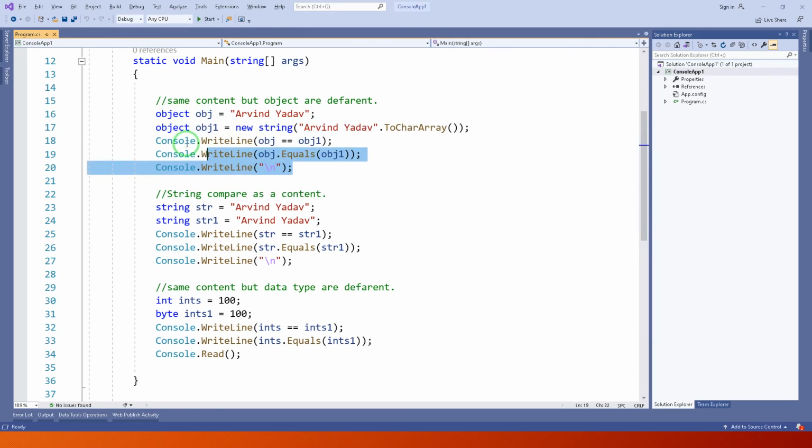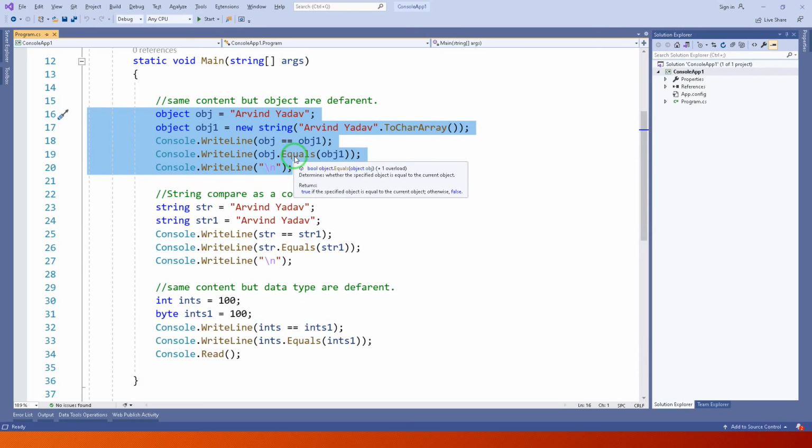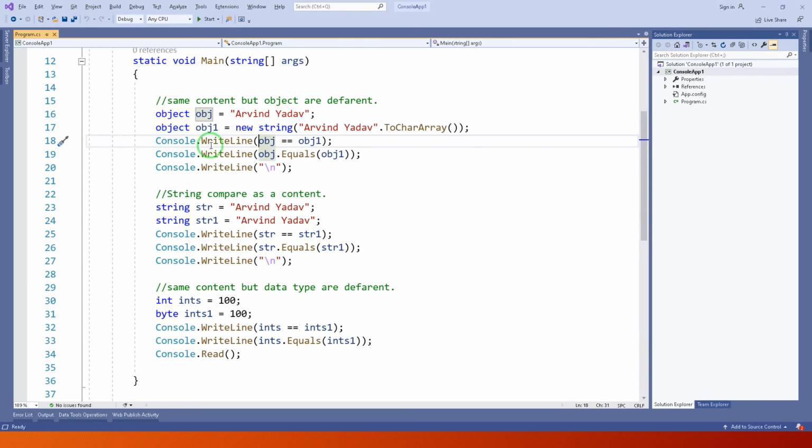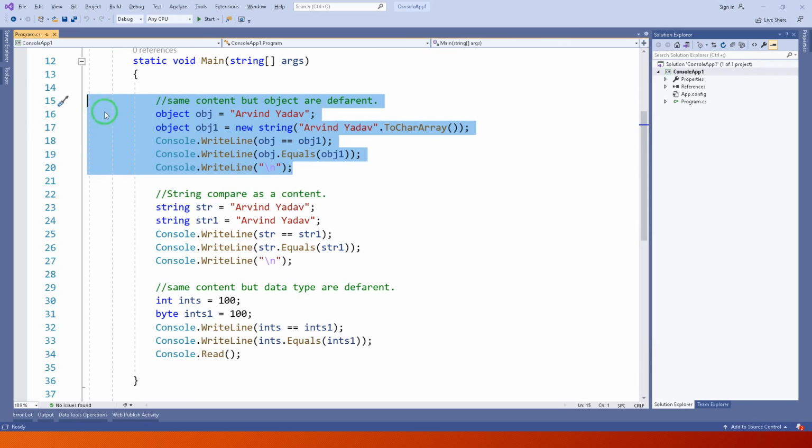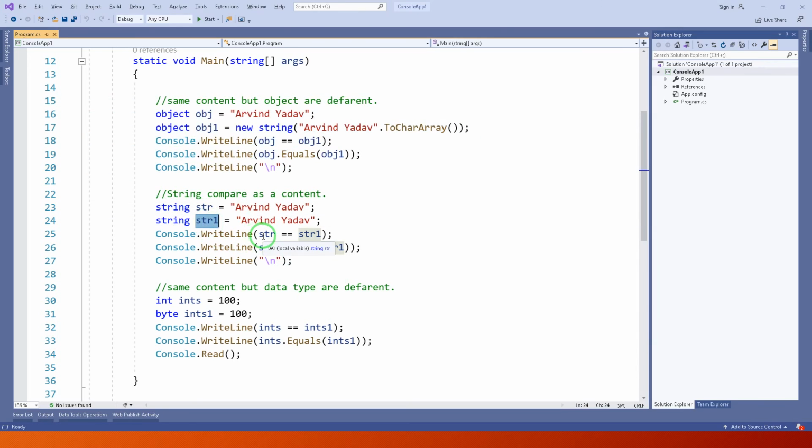In the first example, the content are same but their objects are different, and in Console.WriteLine I have written obj equal to obj1, and in the next line obj1 equals obj, in scenario 1. In scenario 2, I simply wrote ToString and compare with equal to operator and equal method.